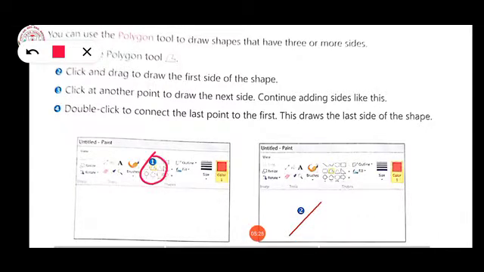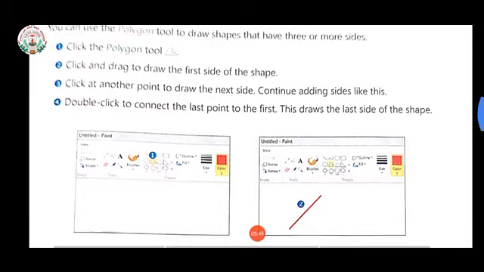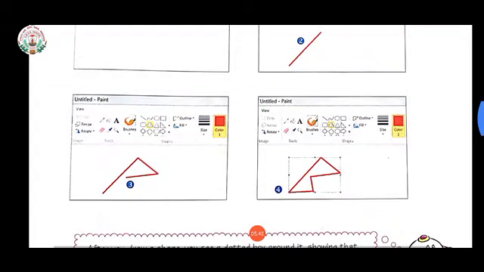First you click on that. Then you come to the window, desktop, sorry. Then you keep your pointer here and drag it in this way to draw the first side of the shape. Now click at another point to draw the next side.